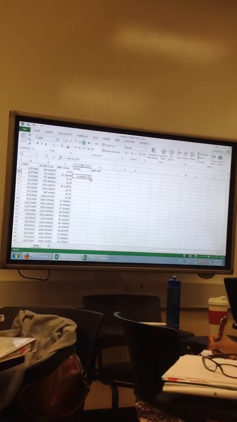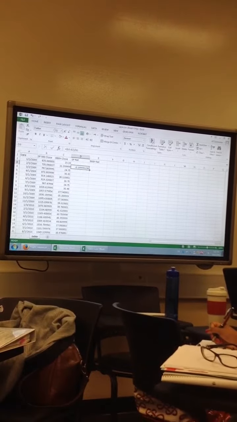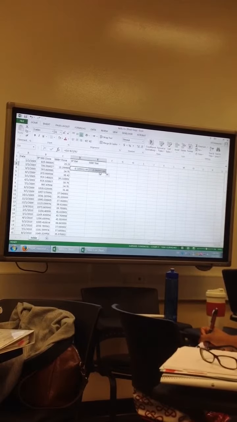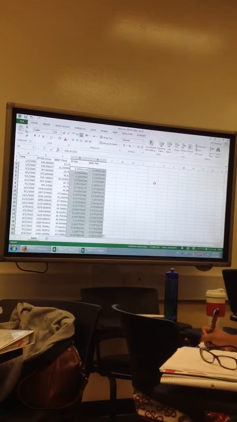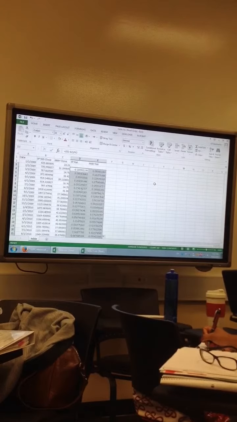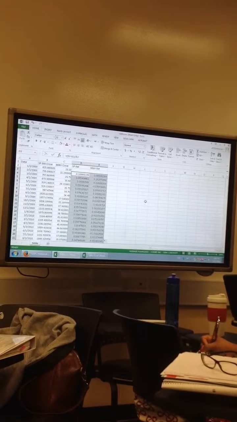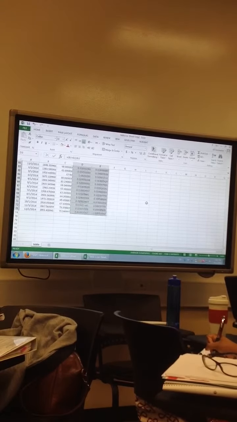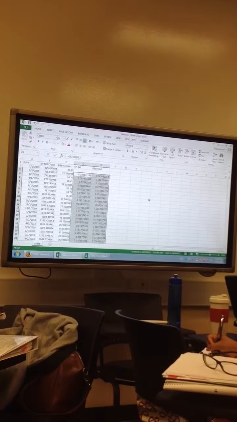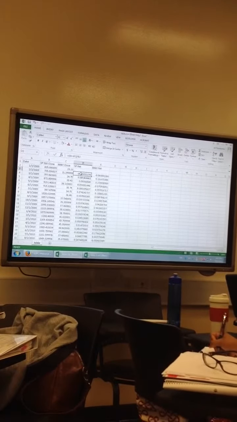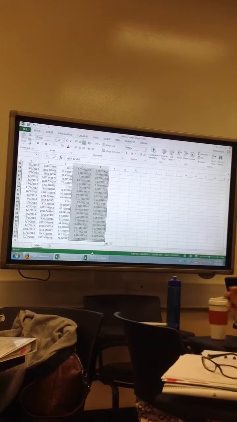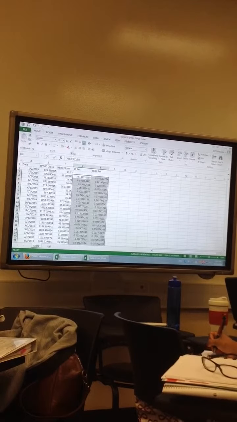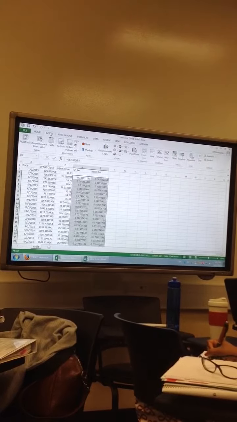Once you have the equation, you can simply copy it. Go until you get this little plus sign. Stretch it, and double click. So it will copy the equation. So now we have all the returns. Now we select these two columns, the return columns. Then go to insert,